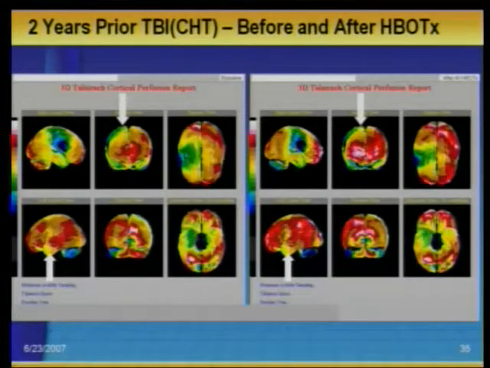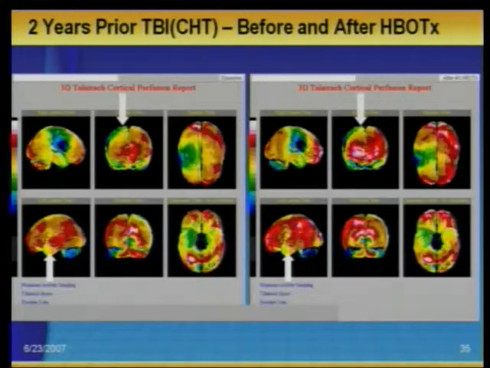But the area around the stroke got better. But what's more important is that parts of her frontal lobes improved function. This part of her brain, the left side of her brain, got a whole lot of improved function on the scan. This is objective evidence that her brain function is improving. And the good news about it, and part of the message of hope, is that Elena,